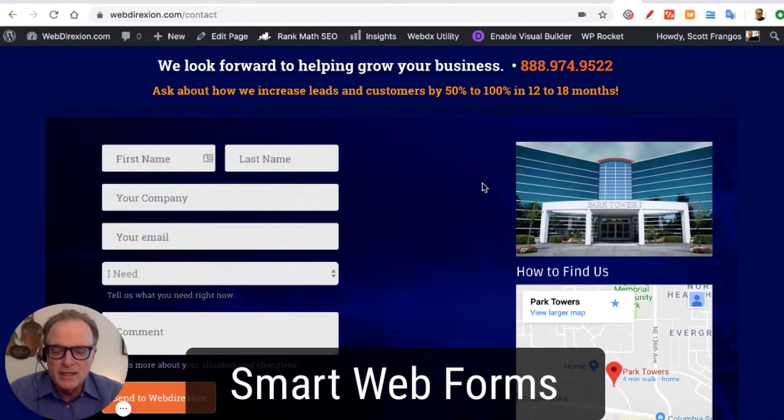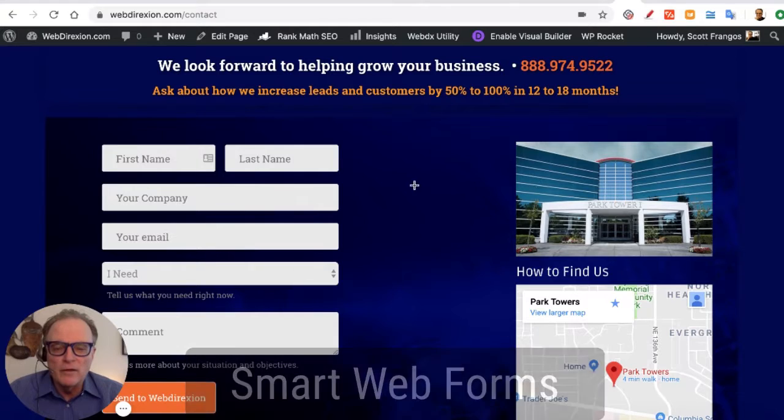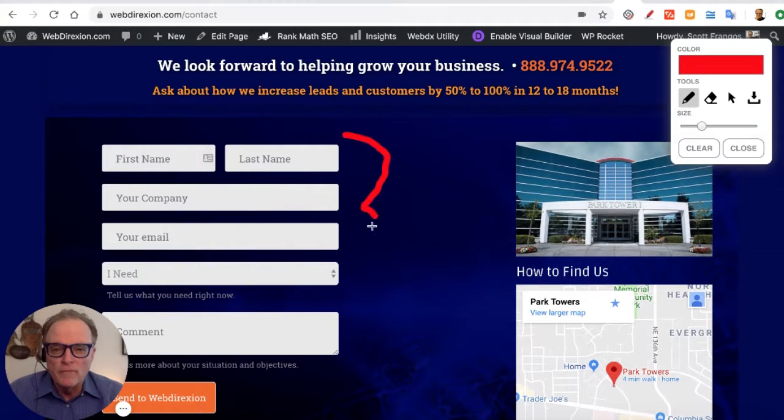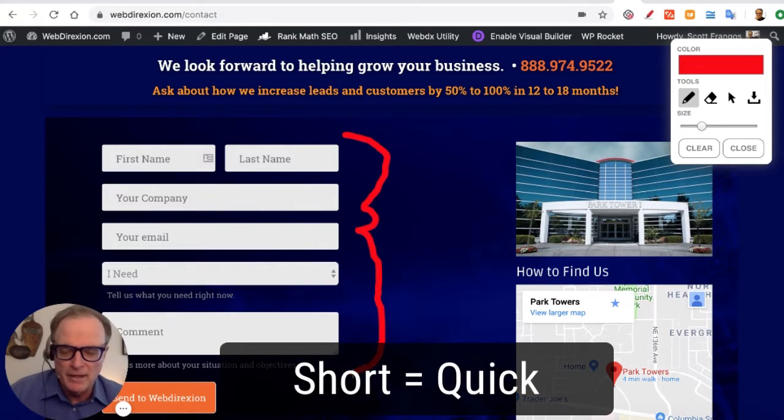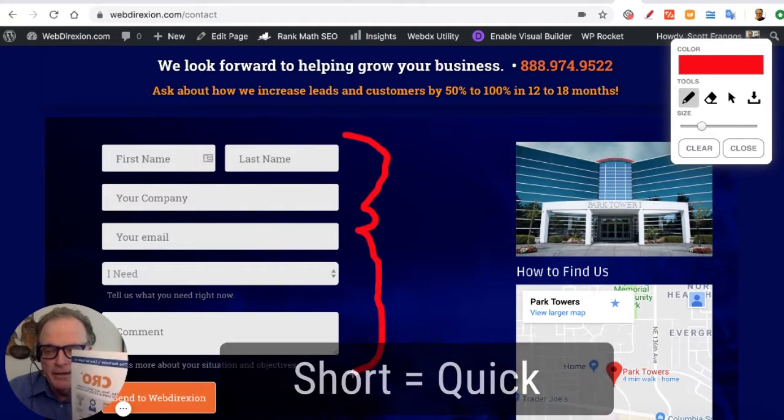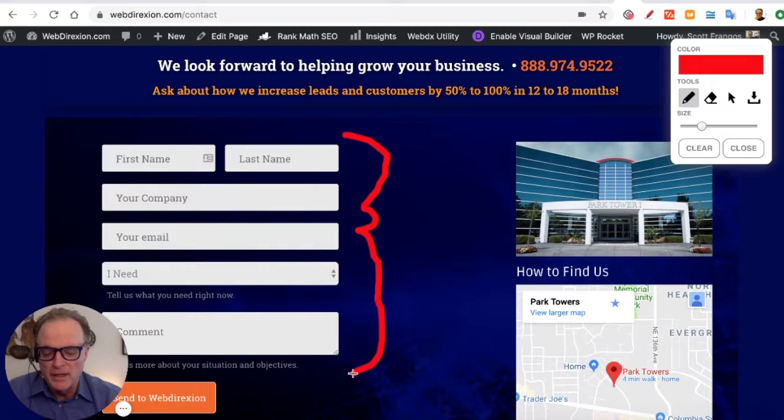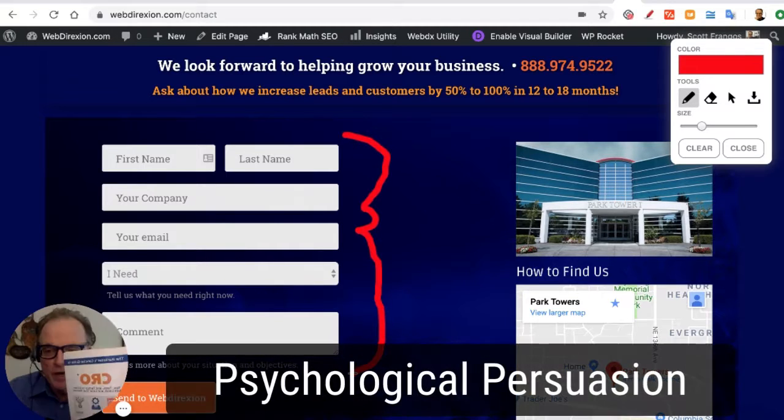And you can see that step number one is that the form appears pretty short and quick to fill out. Now, this is what I would call a psychological persuasion tactic. In fact, I have a book that I wrote about 3 or 4 years ago that has a chapter on psychological persuasion. It's a book about CRO, conversion rate optimization. And the reason we're doing all of this is as a strategy to get you more leads